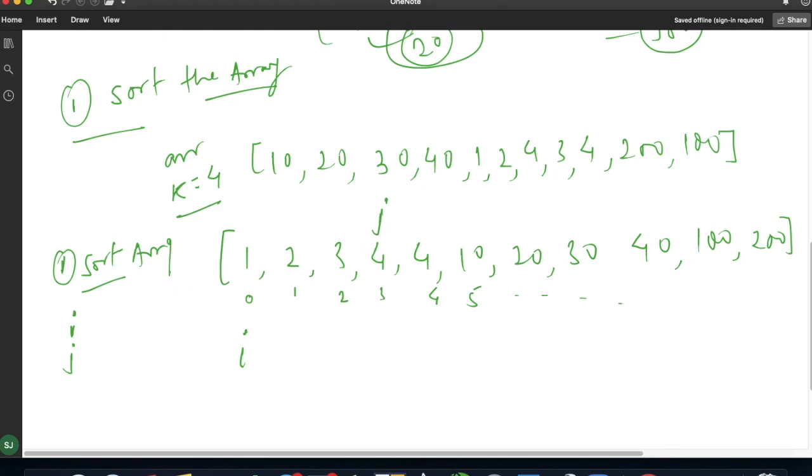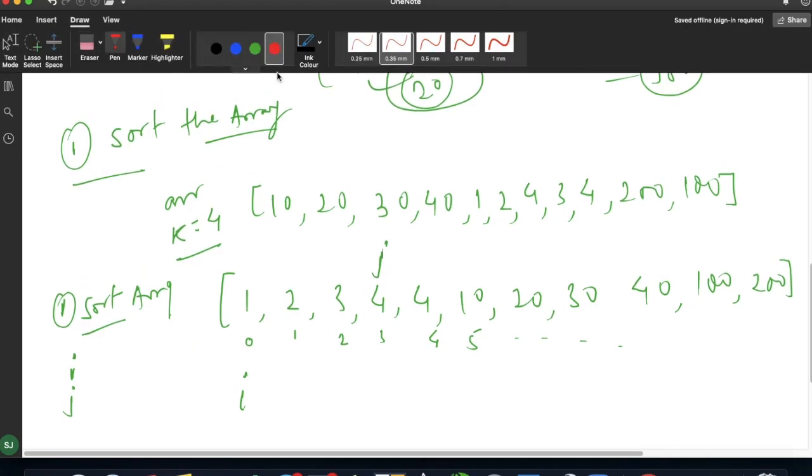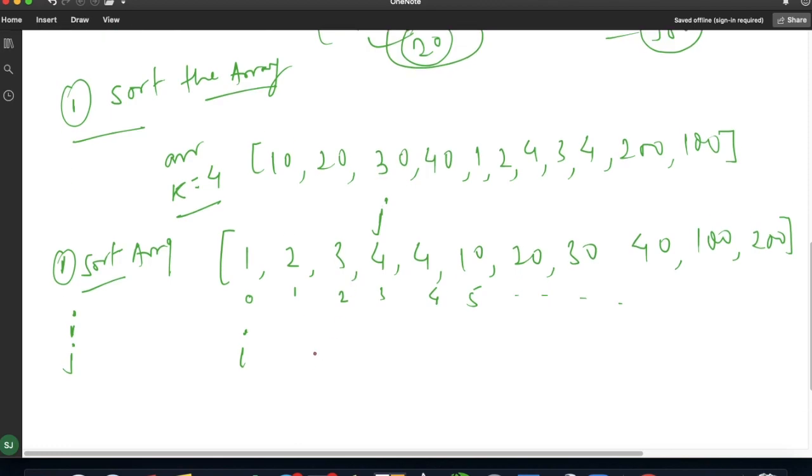So one pointer is here and another pointer is here, such that the difference is 4. As this is the sorted array, my minimum number will be present at array of i and maximum value will be present at array of j.